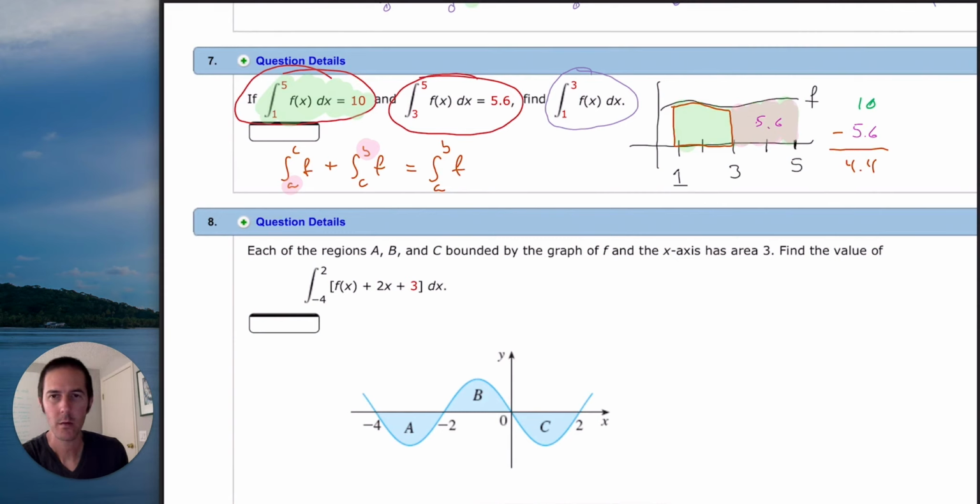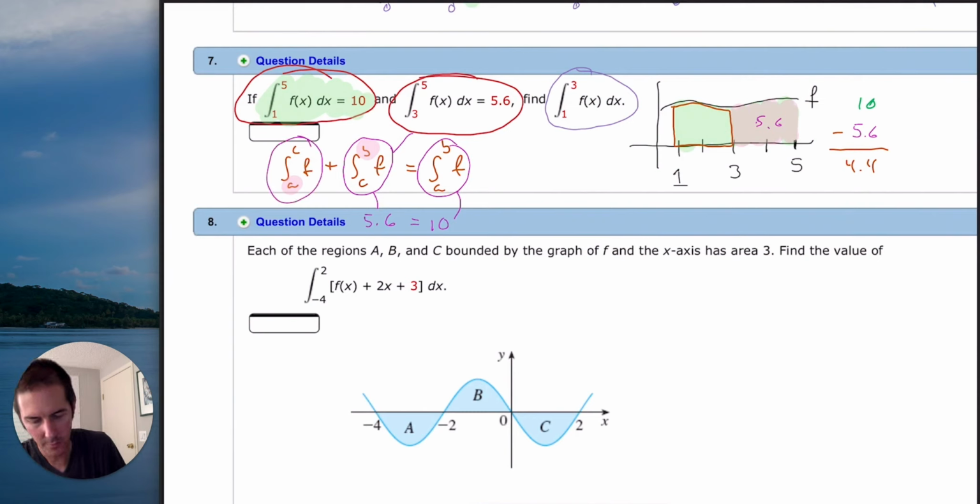And with the question that we're working on, we notice that the entire interval from a to b is from 1 to 5. So this integral is a 10, the entire area under the curve, and separately from 3 to 5, we were told that this integral, sort of the second half of it, is equal to 5.6, and the unknown part is from 1 to 3, so that's this first integral right here,